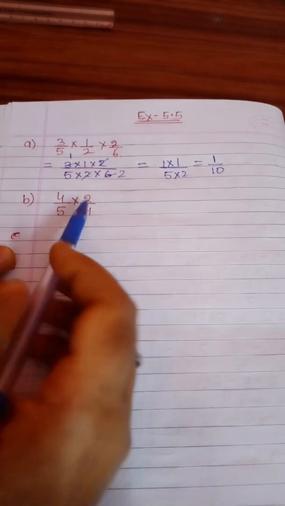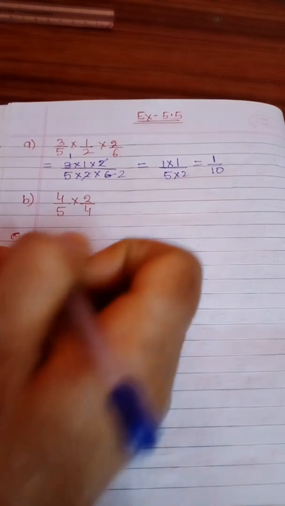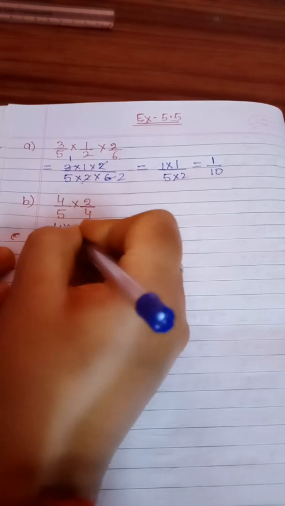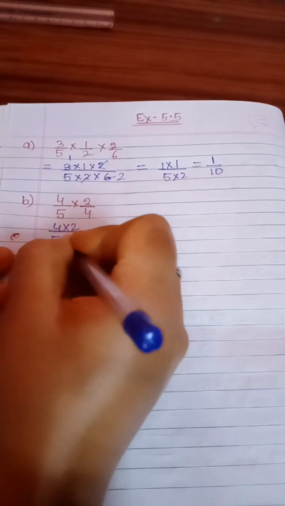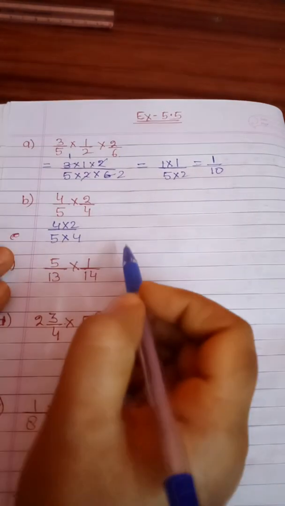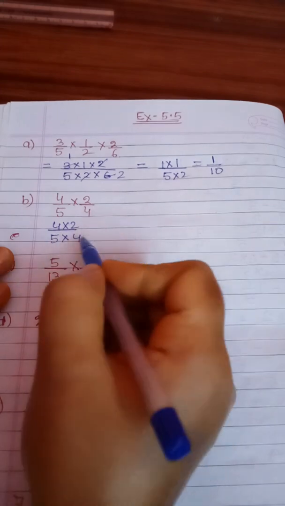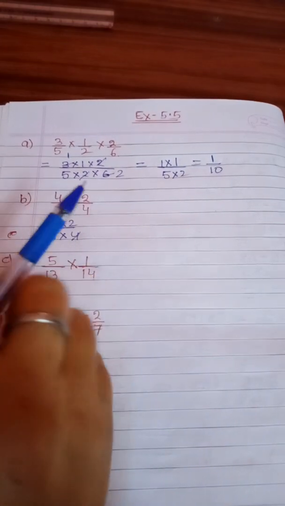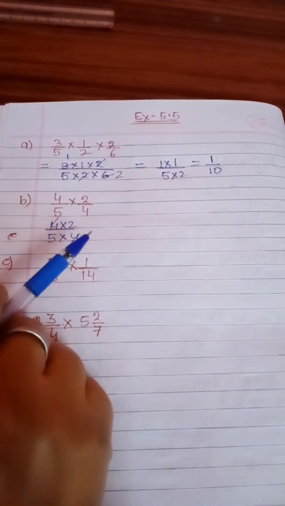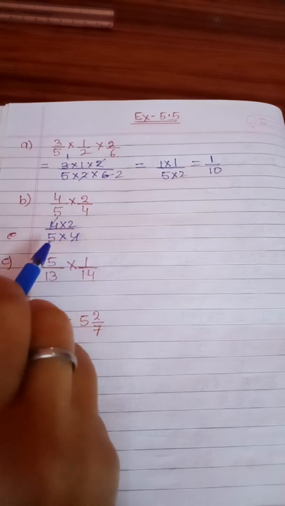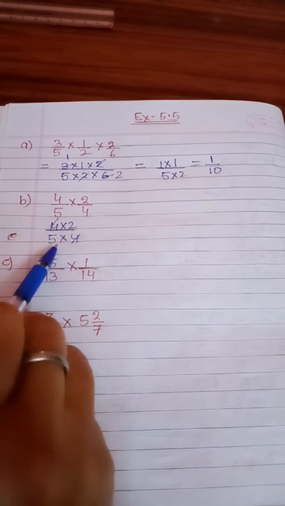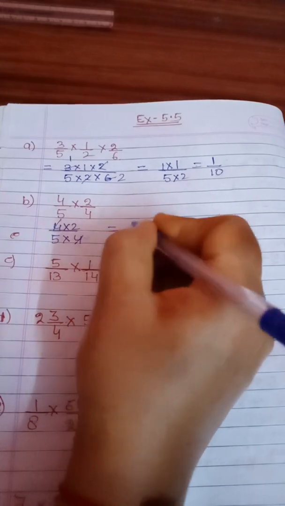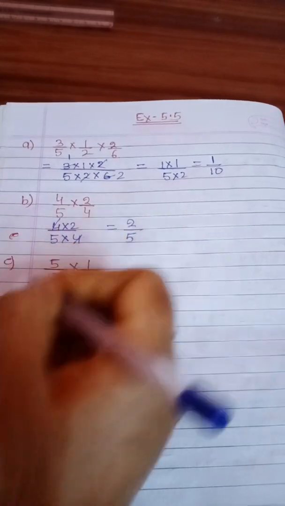Next one is this one, 4 into 4. How will you write? 4 into 2, numerator and numerator multiplied, upon 5 into 4. Now you can see that 4 and 4 can be cancelled, so make them cancel. They can be cancelled only in case of multiplication beta, not in addition and subtraction. Some children cancel them in addition or subtraction also. No beta, only in this form they can be cancelled. Now what will remain in the numerator? 2, and in the denominator 5, so it will be your answer.